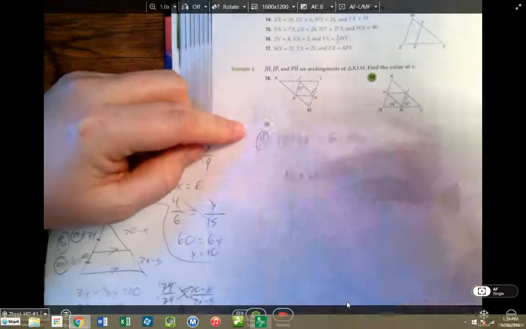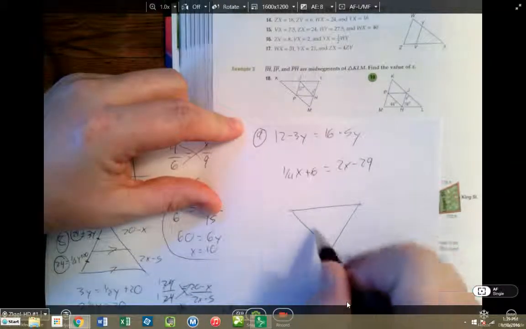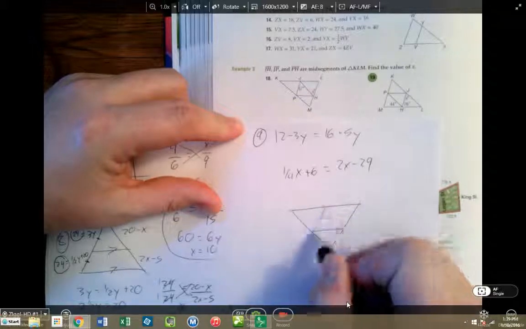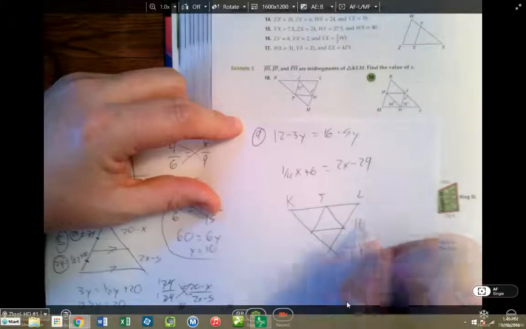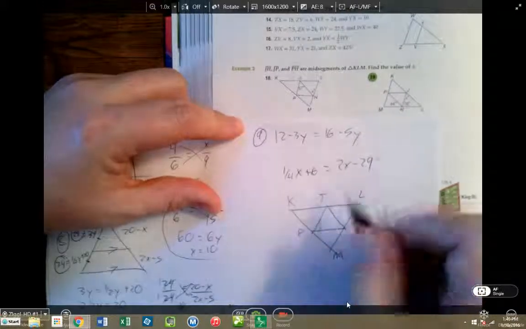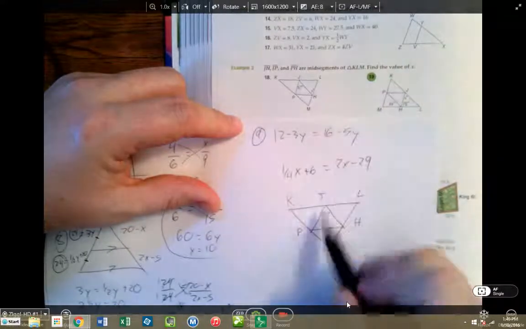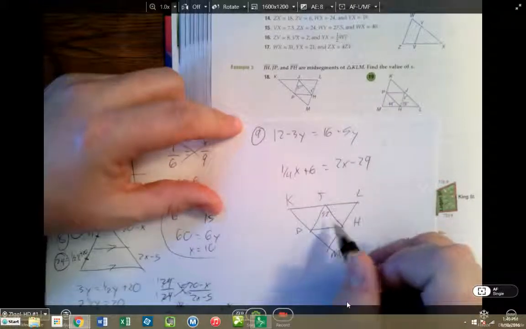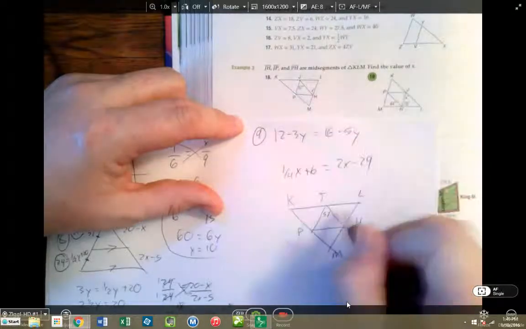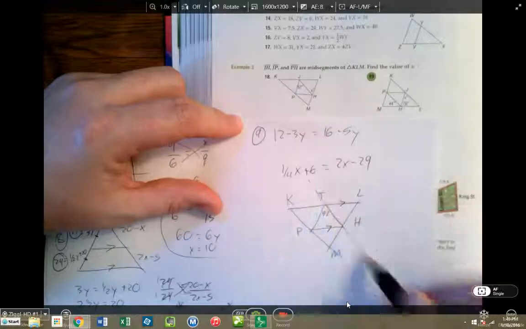What do we know about number 18? Well, it says that I have K, J, L, H, P, M. And I have 57 degrees here. And it says JH, JP, and PH are mid-segments, which means if I have mid-segments, that means this line and this line are parallel. So if this is 57,